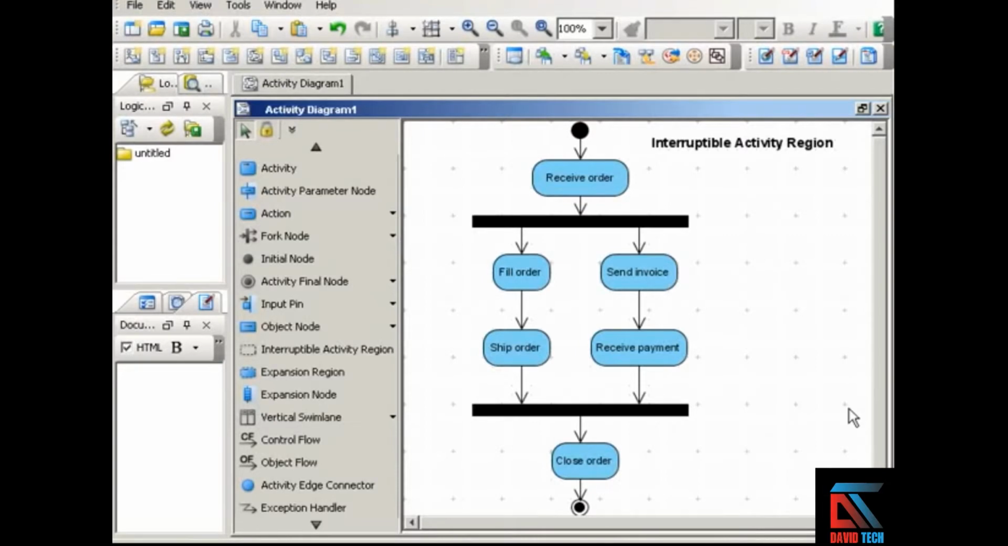As you diagram a process or activity, you may find that an action, or a group of actions, can be interrupted by some event. To show this, use an interruptible activity region. An interruptible activity region is represented by an activity box with a dashed line border. We'll be adding one to our diagram in just a minute, but you can get a preview of what it